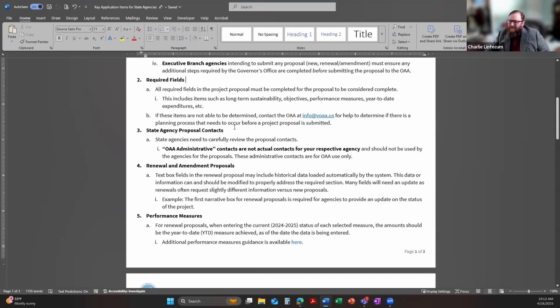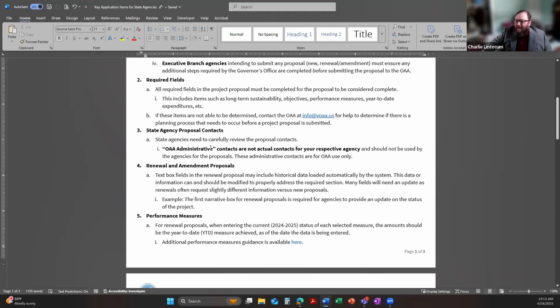So under contacts, there's a number of places when you go through the process for the proposal where you'll be able to enter a contact related to the agency, related to the proposal. All of your historical information from the previous two rounds of proposals has been loaded into the system. Both Matt and Sharika, who are on the call here, did a lot of work to get all your stuff in there as best as we could make it fit.